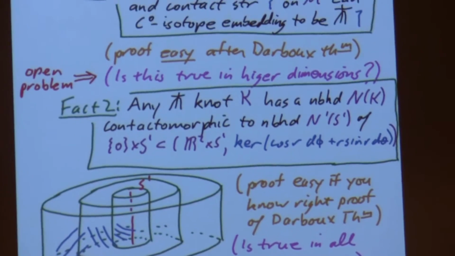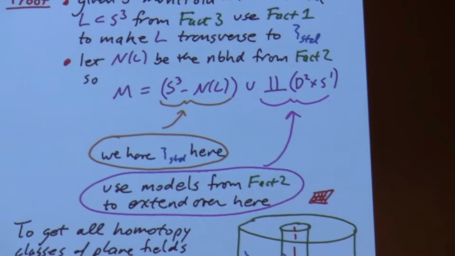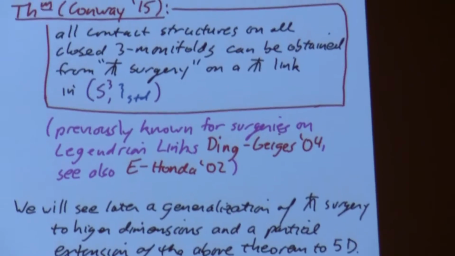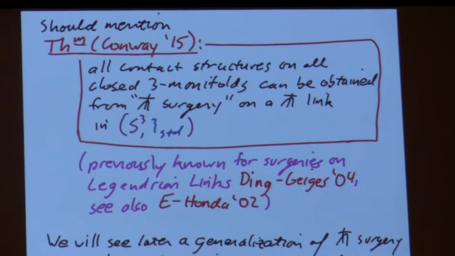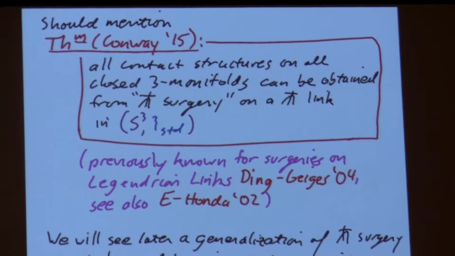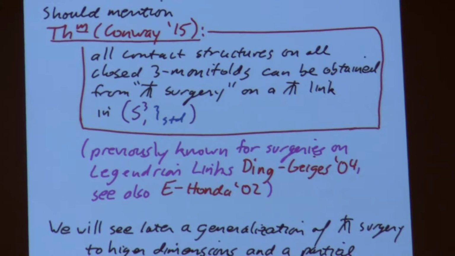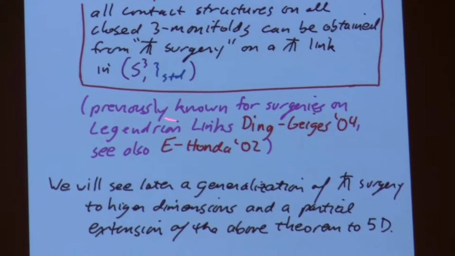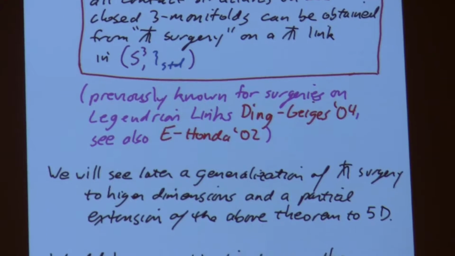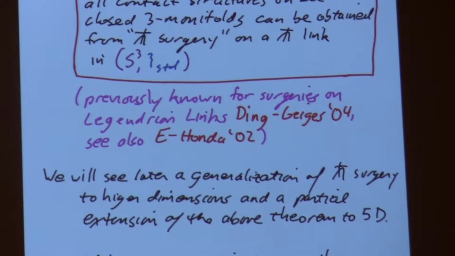But you might ask, can you get every contact structure on a 3-manifold through surgery on transverse knots? And that's actually what Conway had proved last year, that you can get every contact structure on every closed 3-manifold through surgery on some transverse knot in S3. It turns out this is actually relatively easy to prove once you've made the right definitions, which for some reason hadn't been made until more recently,